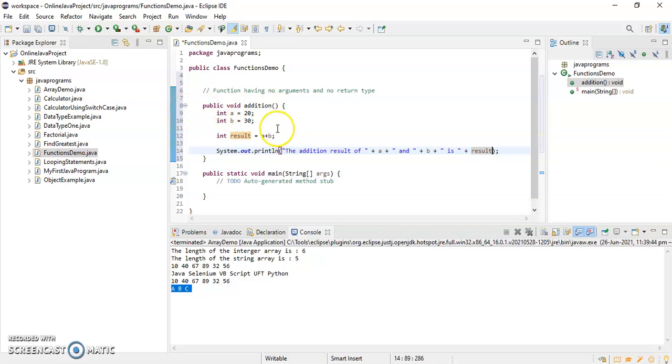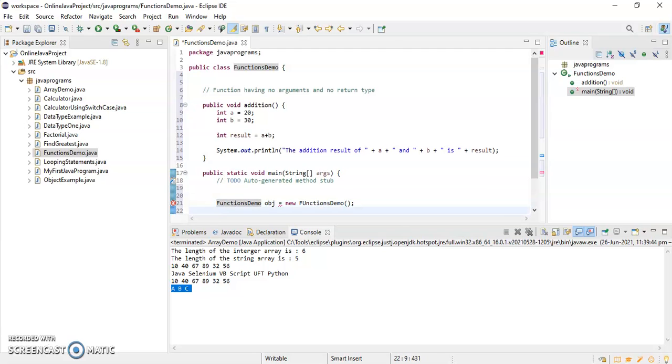So how we can call this method? So we have created a method, but this is a non-static method. To call this method, obviously we need an object. Okay, so let me create an object. So first I will create one reference variable of functions demo class and I will assign the object to that particular reference variable. So I'll just write here functions demo obj. So basically I have created a variable of functions demo type. Okay, functions demo obj is equal to new functions demo.